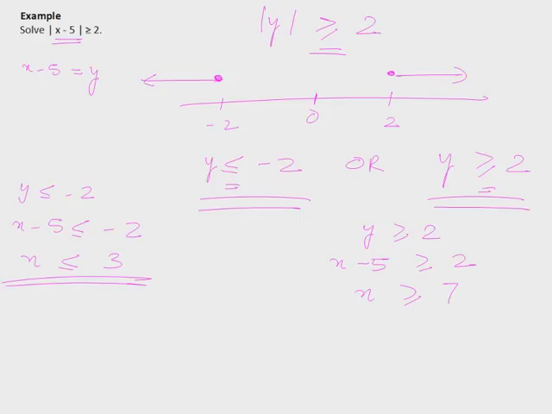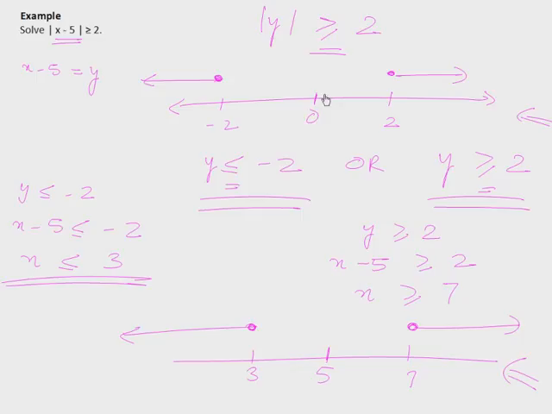X is either less than or equal to 3 or x is greater than or equal to 7. Let me plot this solution. So I get a 5 here, 3 here, 7 here, and I want points greater than or equal to 7 or less than or equal to 3. Interesting, if you compare it with the original number line here and here, all that's happened is, here I'm